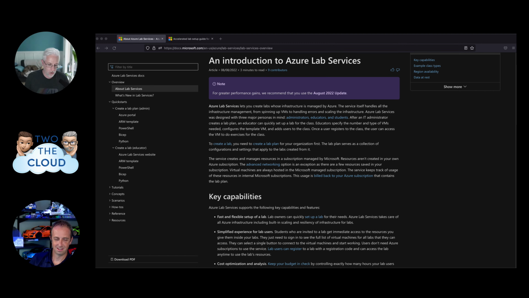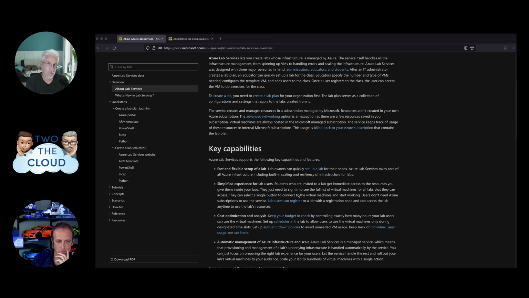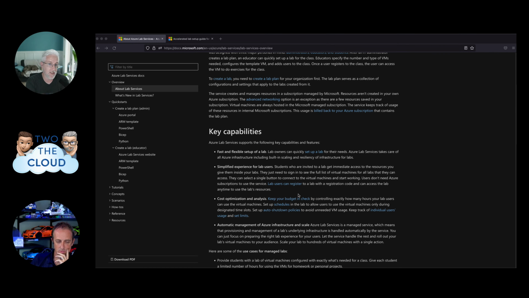So what you can do is you can say, hey, I want Ben, who's part of one group of folks, to have access to these sets of templates that they can basically go spin up anytime and execute either on their own or on a schedule, for an unlimited amount of time or for a defined amount of time, things like that. So you can have as many units of compute as you want, just based on the quota of your Azure subscription, with this kind of over-the-top simplified view of things.